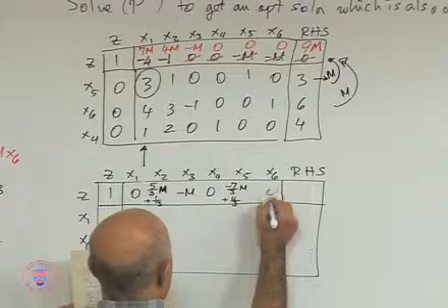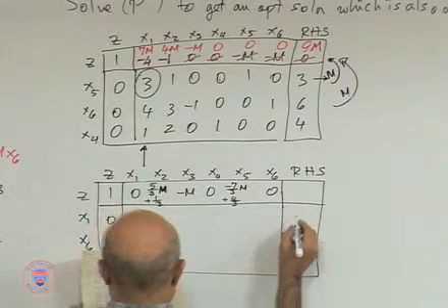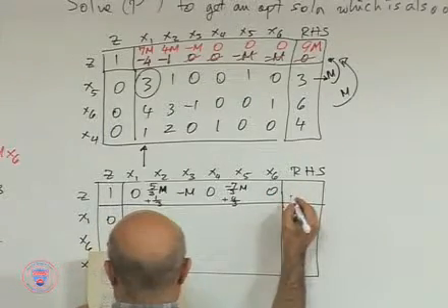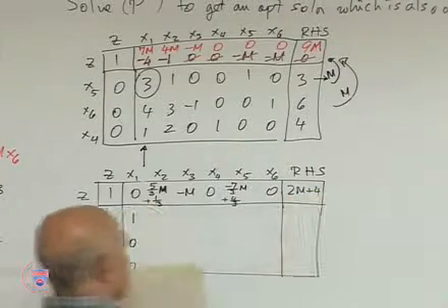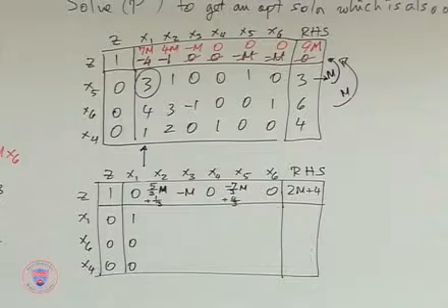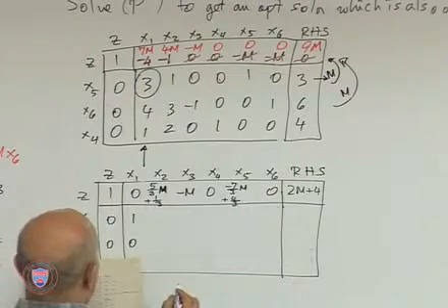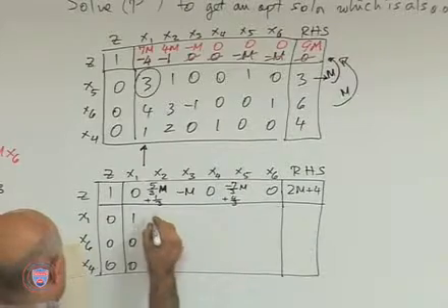X6 is basic, so it's 0. And the right side is 2m plus 4. We're just doing the regular pivoting operations, except that this m is a little bit difficult to manipulate. Nevertheless, you can do it. All right, so we have 1/3 here,